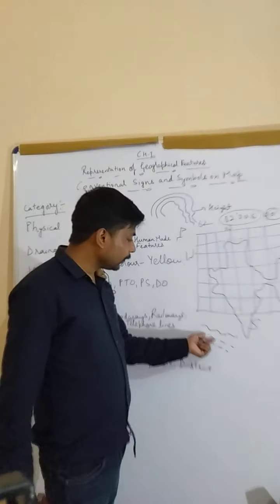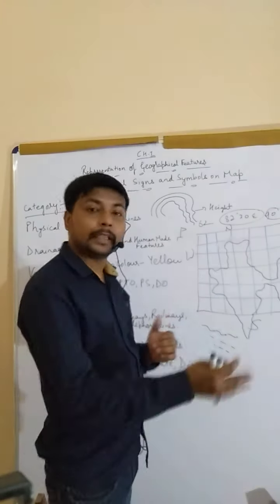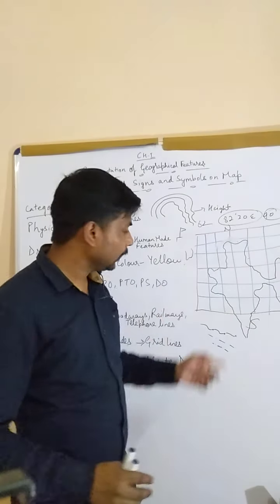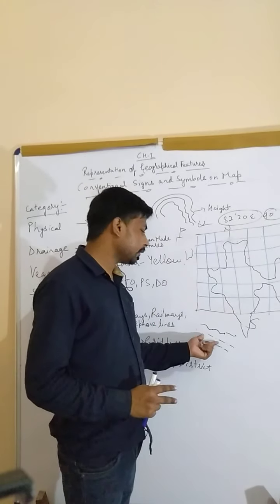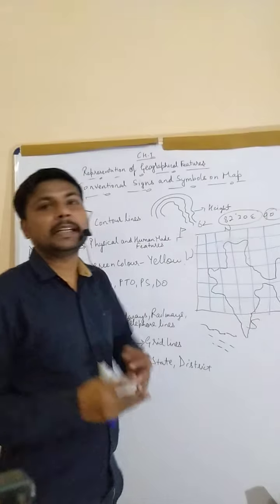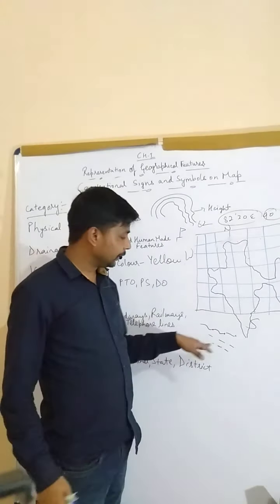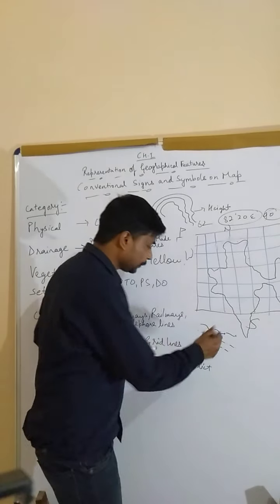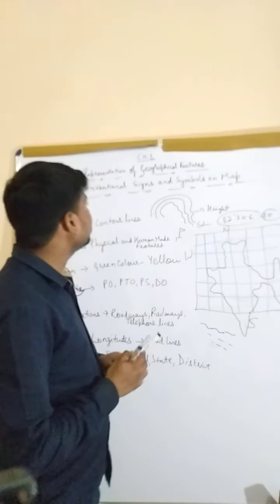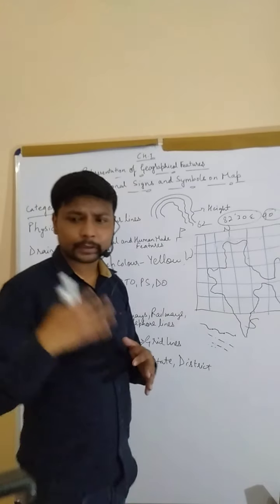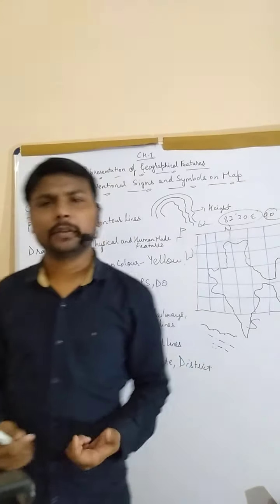If it is made with a shorter one, that is a state boundary, the boundary between two states. An international boundary means the boundary between two countries. And third, we have the district boundaries, that is made shortly with dots, like this for the districts. So I think you got those symbols, and I'll send you more symbols so that you can type them in your notebook. That's all for today. Thank you.